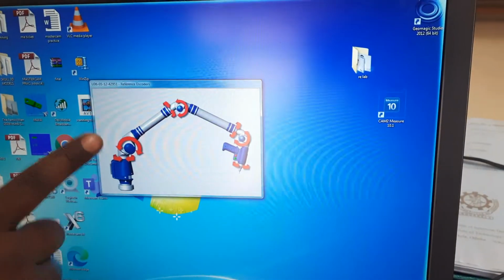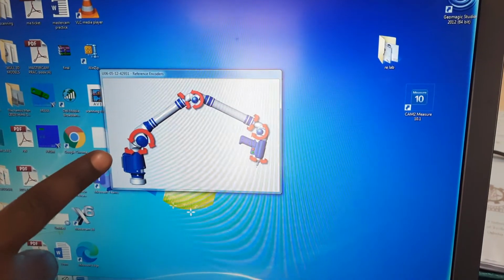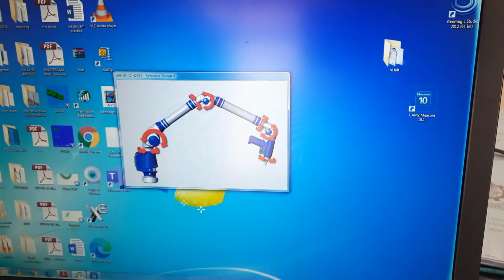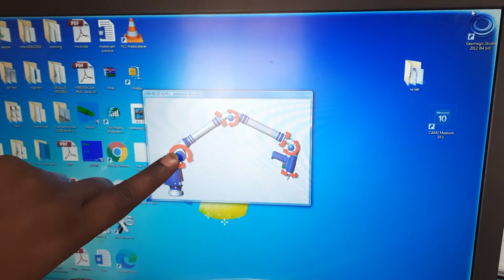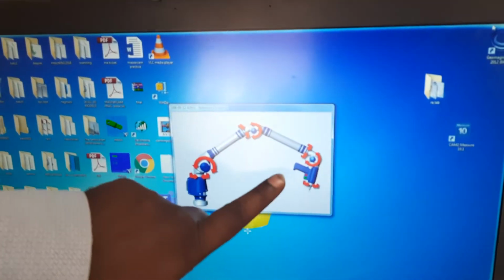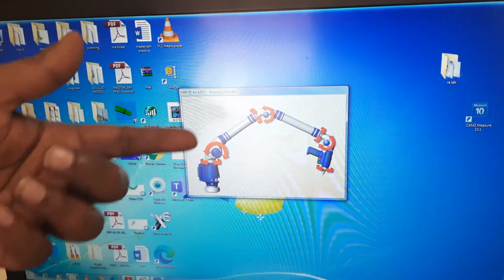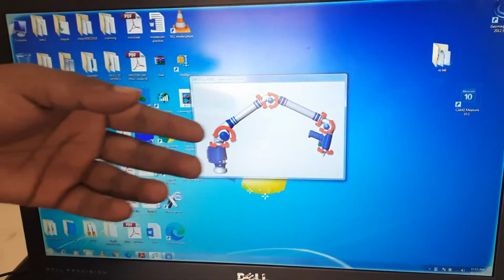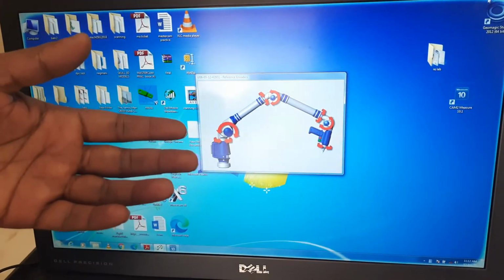In the previous lab we discussed the symbol of this red. It means the machine is in locking condition. First of all, we will unlock the machine. It means we will get the machine ready to work.